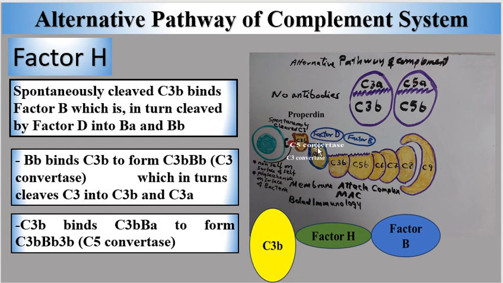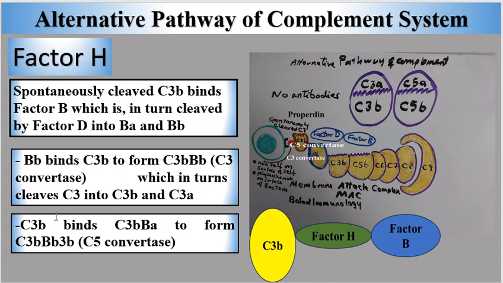Bb will bind, and this will lead to formation of C3 convertase, which acts on C3, which is non-spontaneously cleaved, and this will lead to formation of the MAC. Factor H, as can be seen here, will prevent C3b binding to factor B, and actually this is once the immune response is done, and the aim of this is to protect